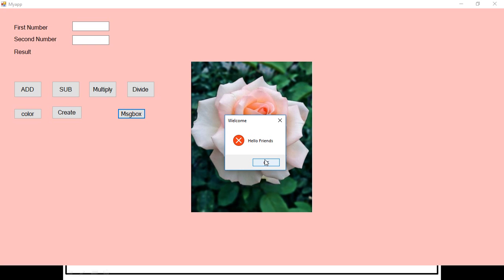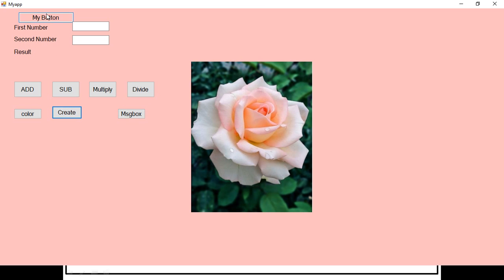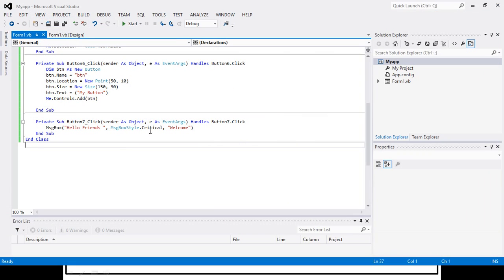Okay, now what I want is that such a type of message box should be created when I click on my button. Now when I click on my button, nothing is happening. I want such a message box to be displayed when that button gets clicked. So for that we will write some code. What is the name of our button? It is BTN. When we click that particular button, at that time the message should be displayed. So we will write some procedure for the click event of the BTN.